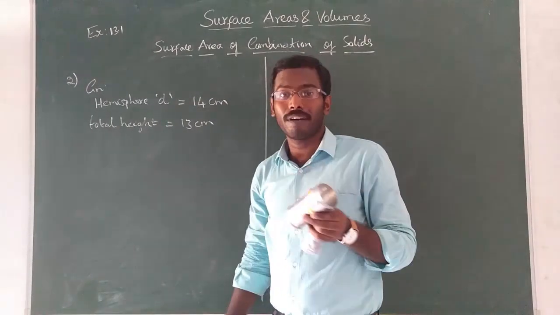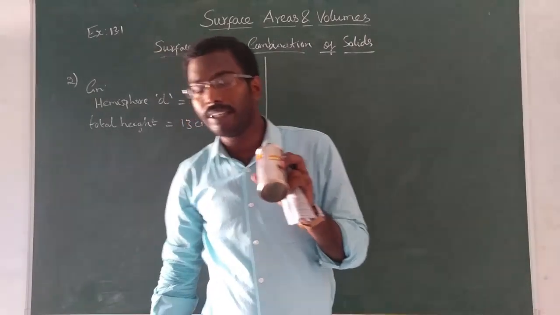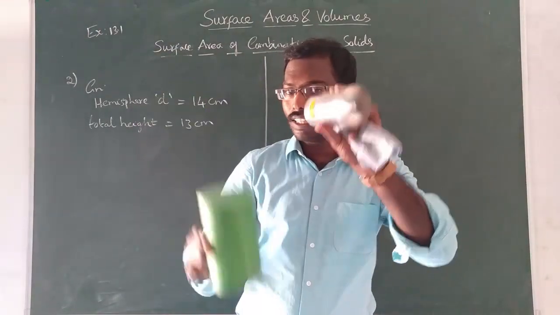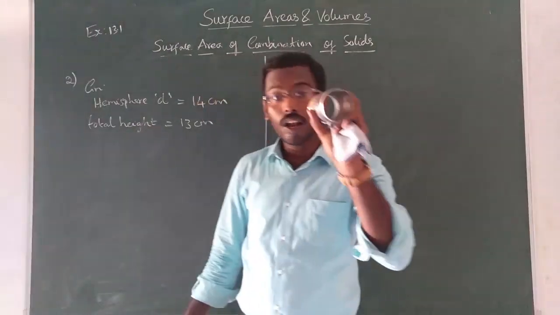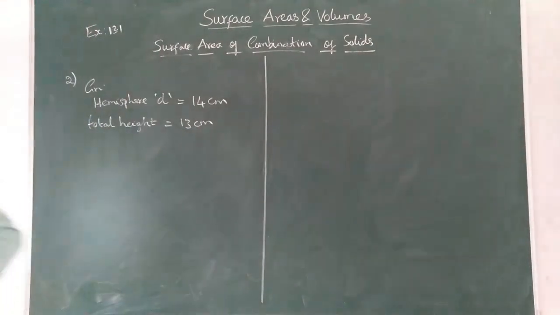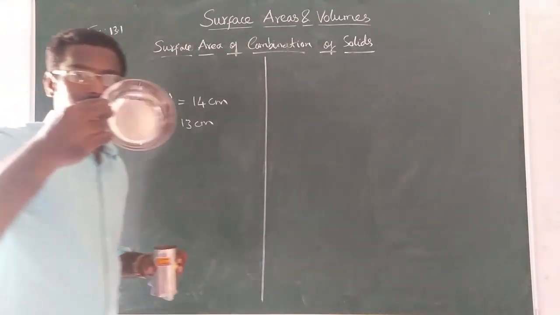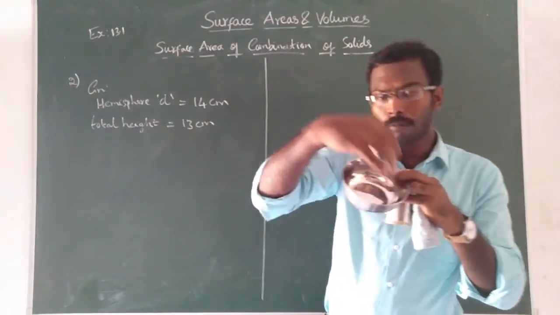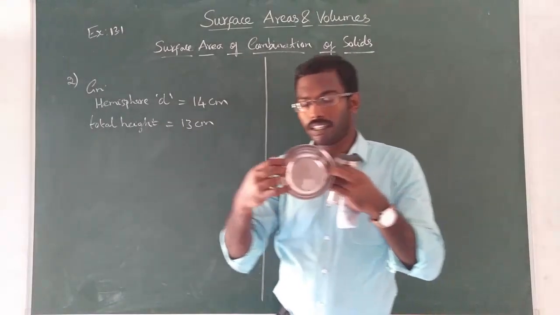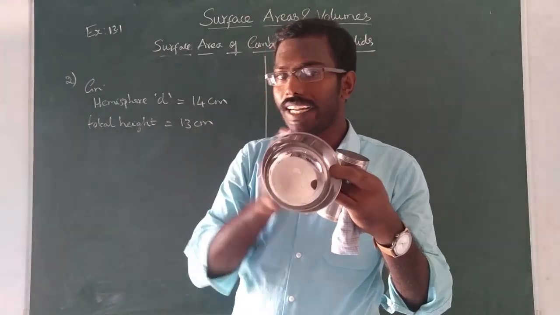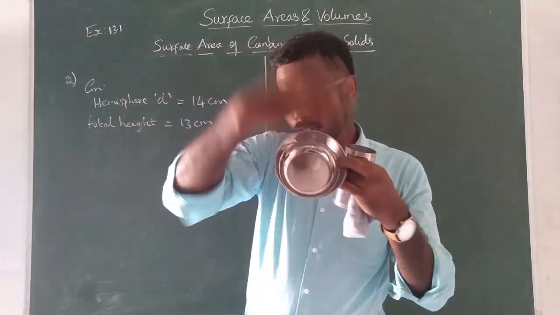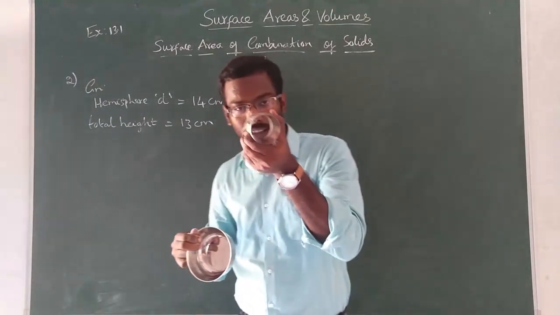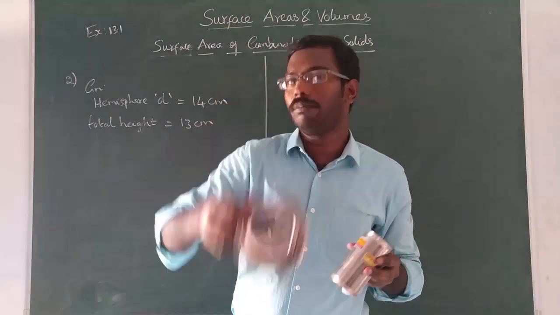You can take a PVC pipe as an example of a hollow cylinder. Here no closure will be there. Only the covered surface area will be there. Understood or not? This is a hollow cylinder. Similarly, this can be considered a hollow hemisphere. This is not exactly a hemisphere, but even a bowl can be considered a hollow hemisphere. Here also only the curved surface area is there. The circular closure is not there. Only an empty space is there. Understood or not? This is a hollow cylinder and this is a hollow hemisphere.